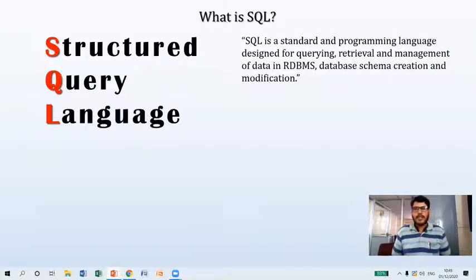Note, SQL is a standard and programming language which is mainly designed for writing queries. We can write different queries by using different commands, and also we can write a query so that we can retrieve the records stored in the database, and also manage our data in RDBMS.